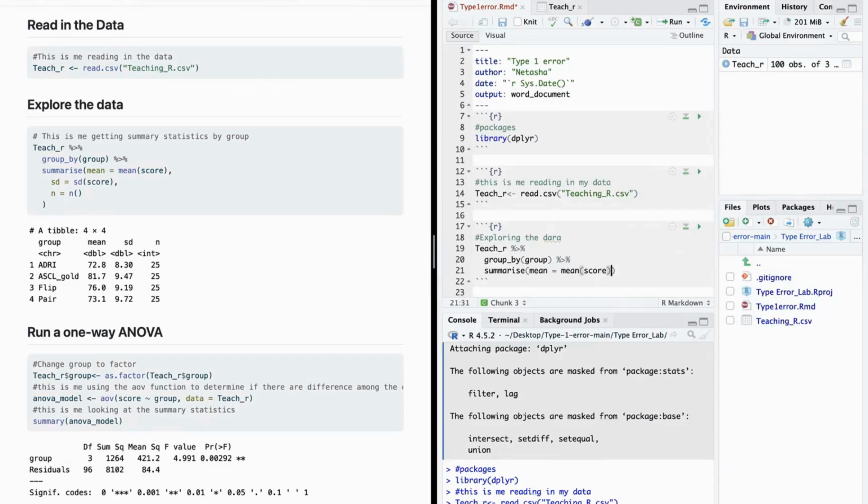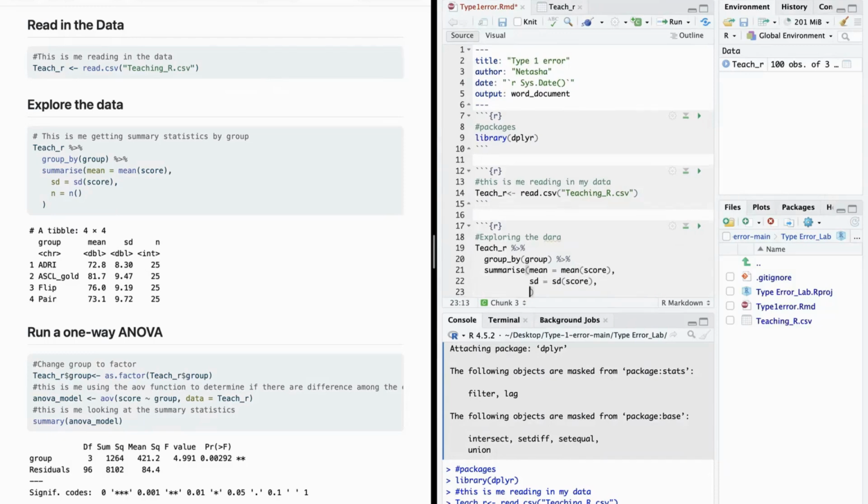I'm not done yet. I need some more information, right? So I'm going to type in a comma and then hit return. And then I'm going to type out SD because I want a column that represents the standard deviation of those scores for our groups. Okay, so SD of score there,